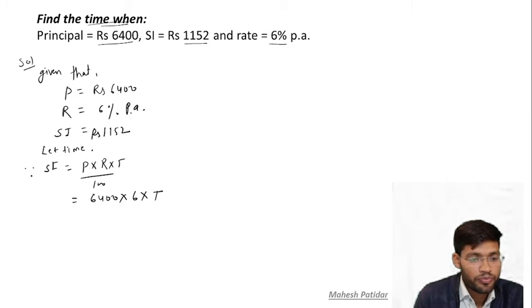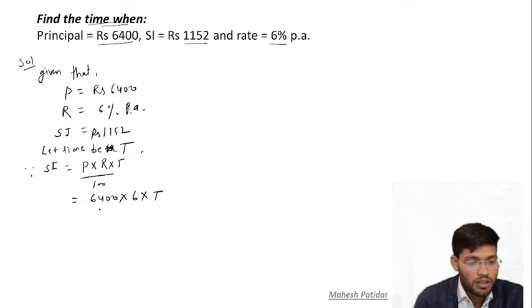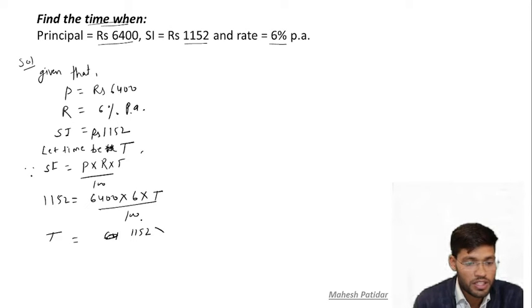Let time be t, hence SI is equal to PRT upon 100. SI is also given, 1152. So we have to separate T and put in the other values. So we take T to this side and 1152 to this side into 100, and what is in the denominator goes up,